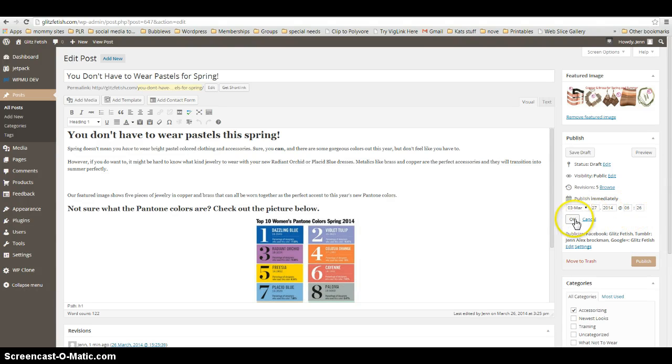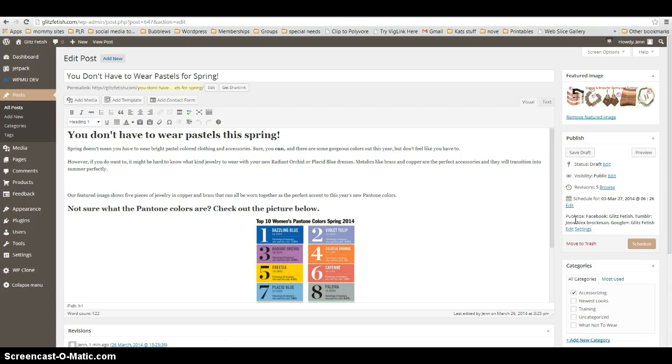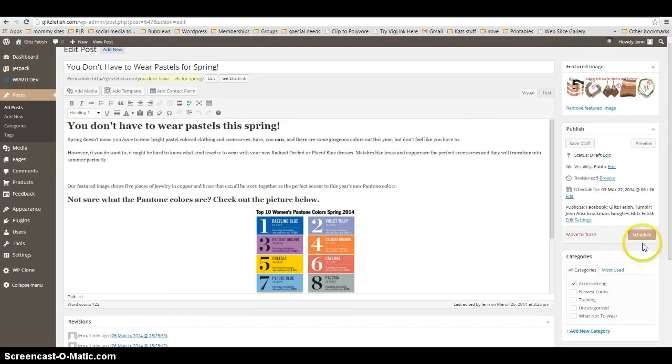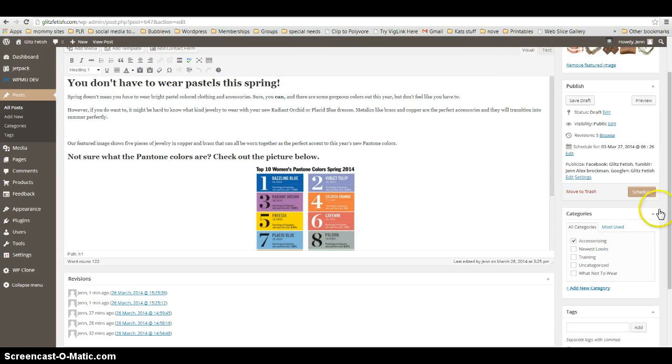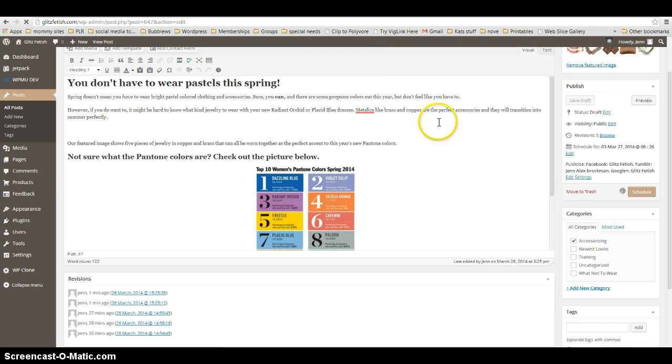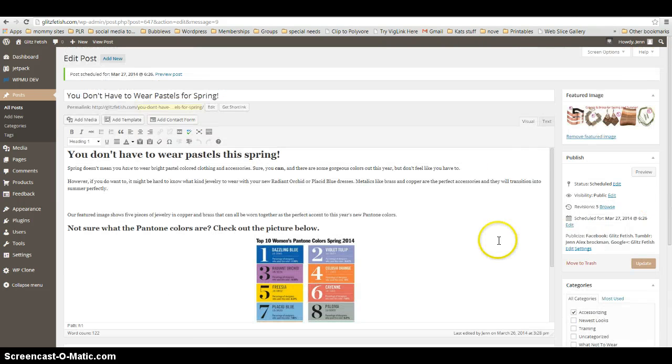So once you've decided all of that, you can click OK. And then you'll notice down here, instead of saying publish, it says schedule. So once all of that is ready, and once you have all of your photos in place and all of your text in place, everything else is ready, you click on schedule. Okay, that's just telling me that it still has words that it thinks are spelled wrong. Alright, so now it is scheduled, and now this little area right here says it's scheduled for tomorrow at 6:26